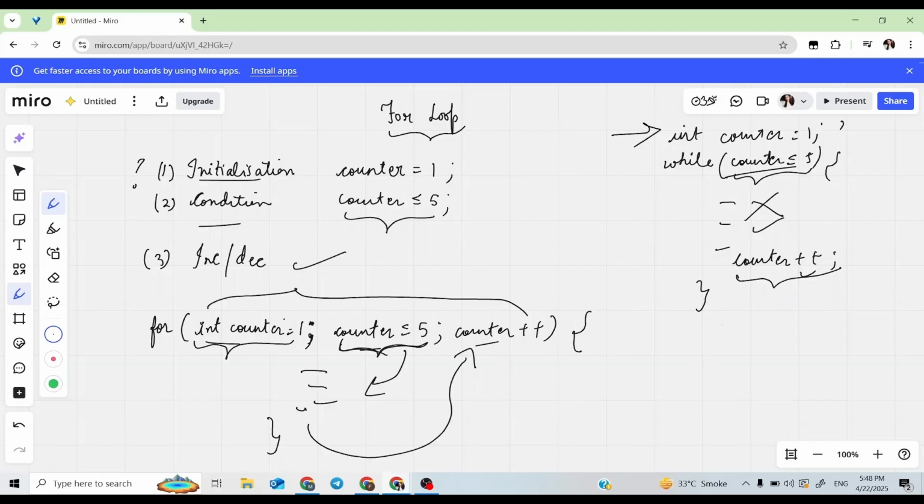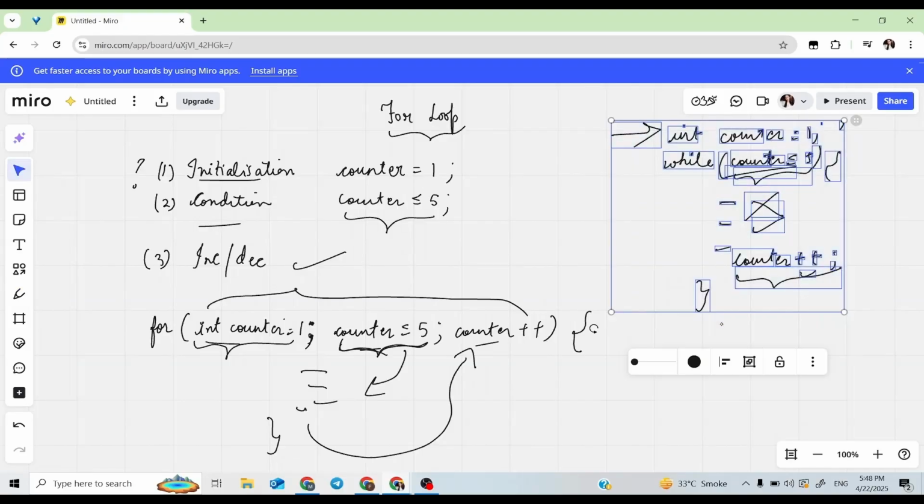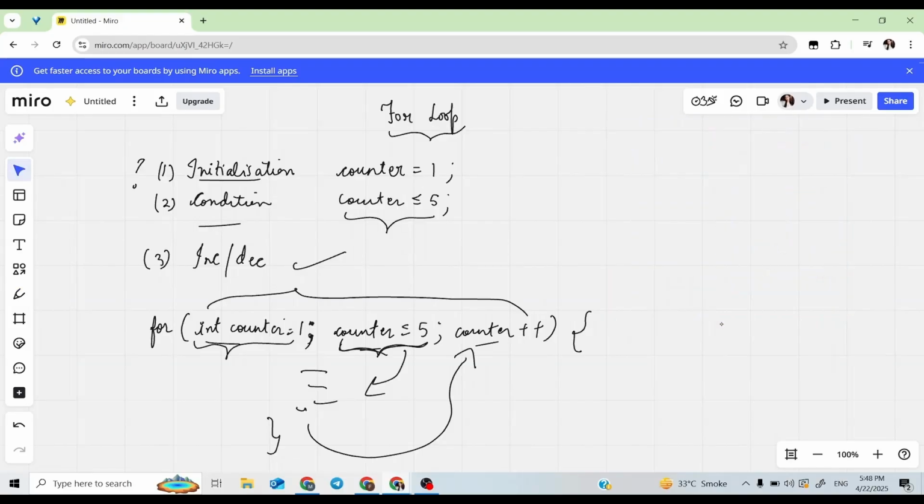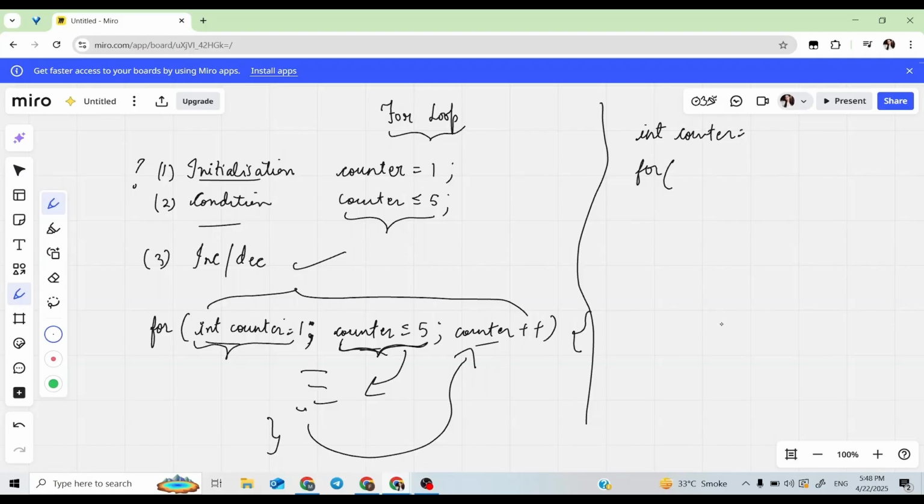Now we will see how we can write the for loop in various other syntaxes also. Here, outside the for loop, I will initialize my variable. This is another way you can define the for loop.